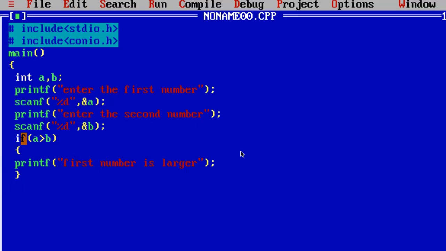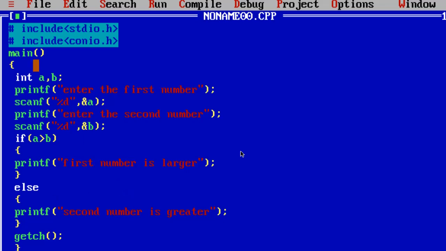When you are opening the brace, you have to close the brace. Else, then close it, then printf, then getch and close.